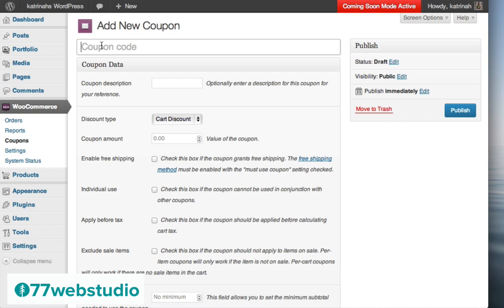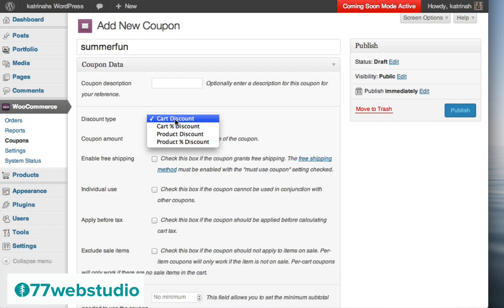The most simple coupon you can do would just be to add a coupon code. So I'll just put my coupon code right here. You can add a coupon description. This is optional. Here you can choose your discount type, whether it's a cart discount, a percentage discount, a product discount, or a product percentage discount. I'll just make it really simple and create a cart discount of $10.